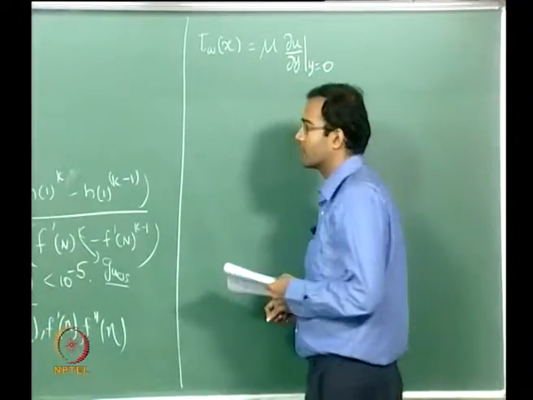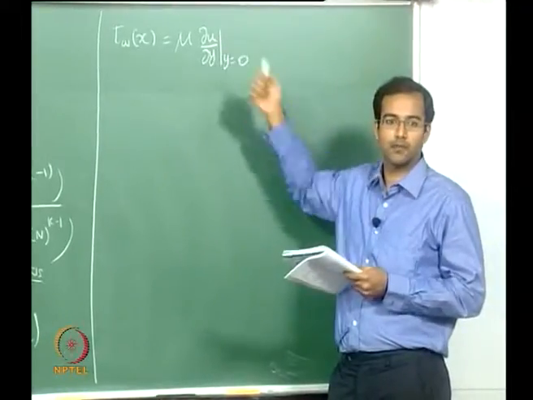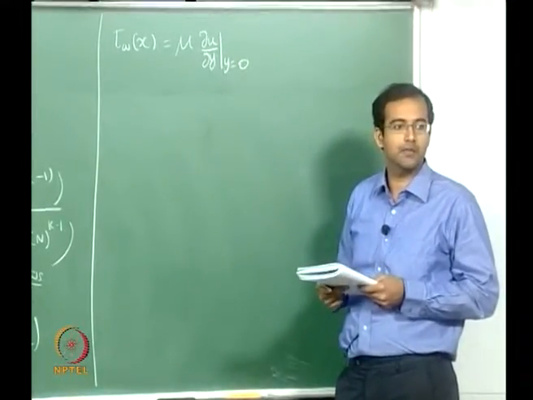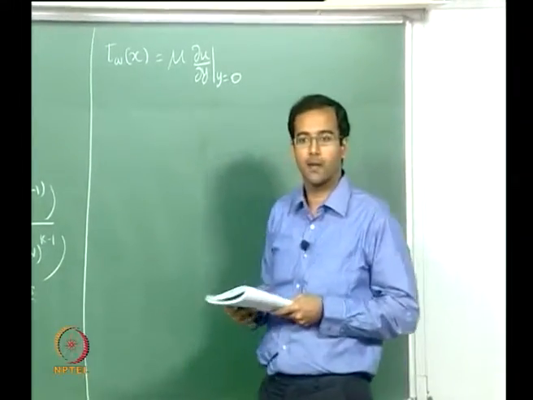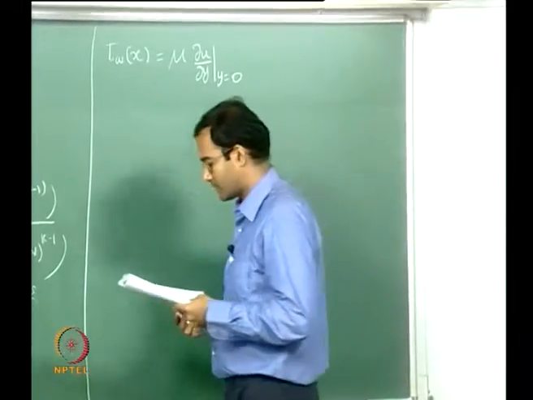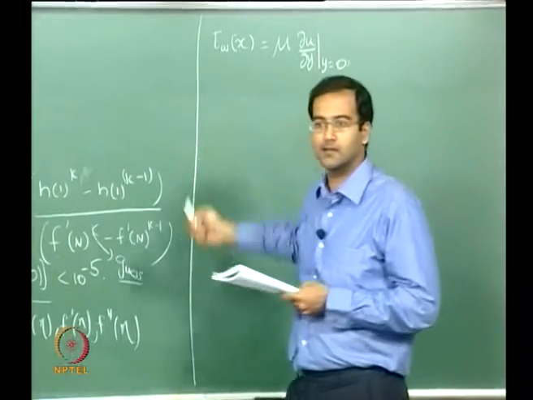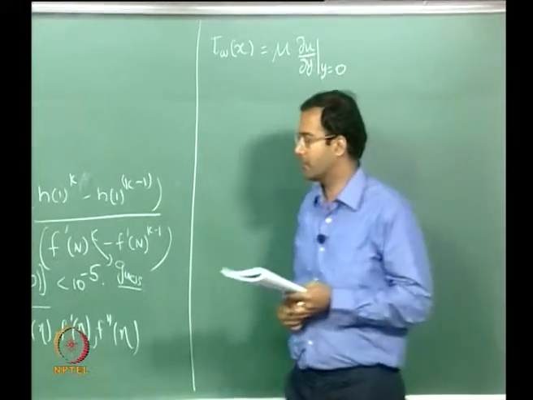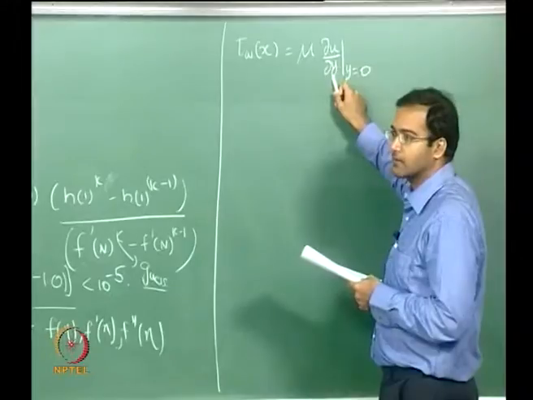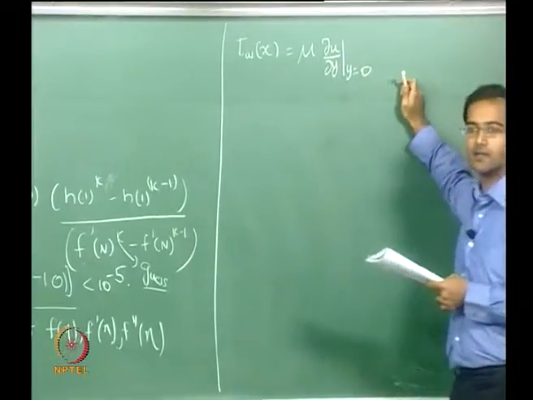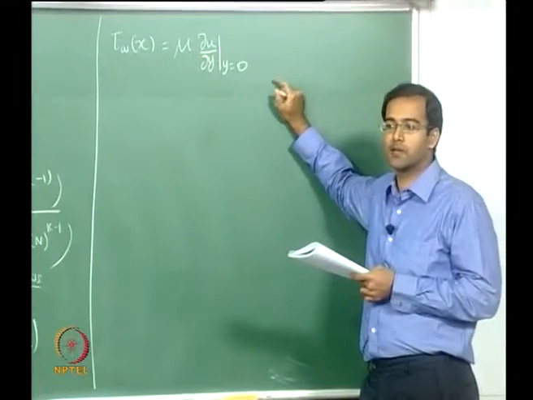Okay, very good. So if you go back to the similarity solution, what is the expression for du by dy that we derived? In terms of the stream function, which was a function of eta, we had derived an expression for du by dy. 0.332. That is not the slope, that is the curvature. That is the value of f double prime. Yeah, you are right, but that was what we derived with respect to eta. I am asking you to convert this in terms of y, so you have to do the transformation from eta to y again.